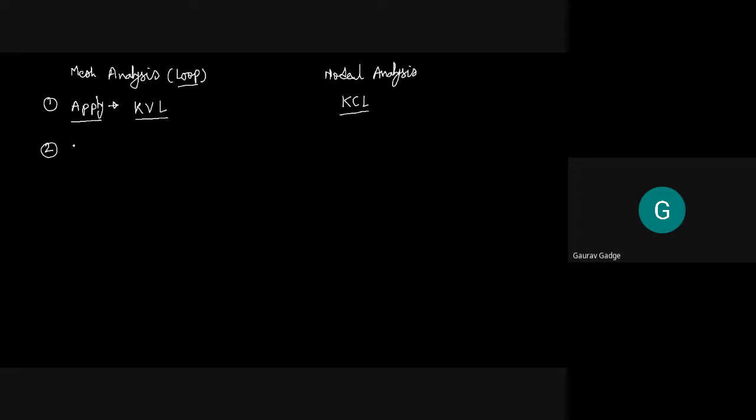So in KVL or mesh analysis, we consider loops and loop currents with orientation. Orientation means direction. We consider a specific direction, and with respect to that specific direction, we generally find